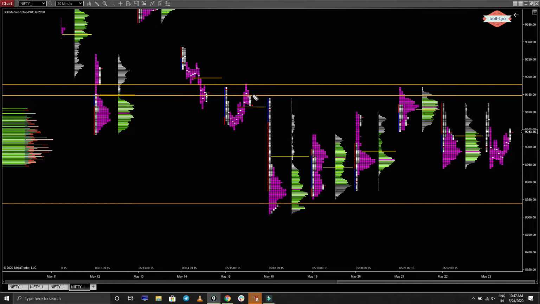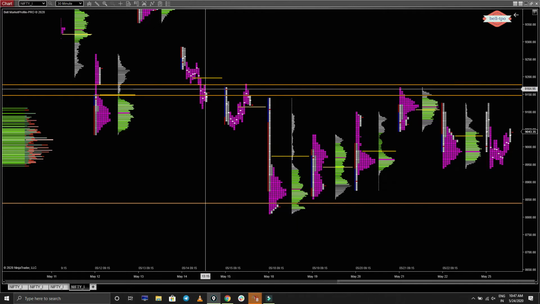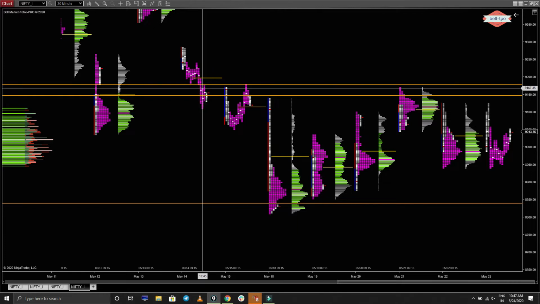These single print zones won't break. If it wants to break, it will break immediately. It won't take time like this. Whenever the price comes near the single print zones where I am playing, the movement will be slow.